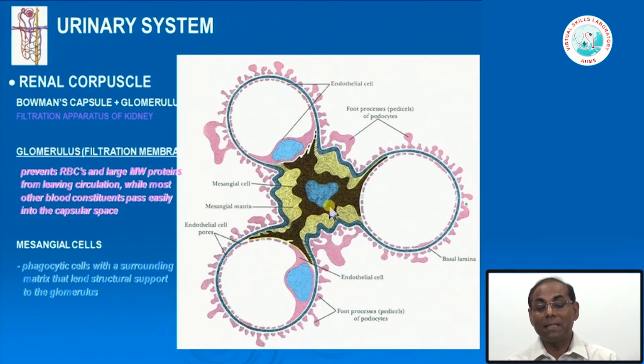In the mesangial areas, there are mesangial cells. These are actually modified phagocytic cells. And then there is matrix, the mesangial matrix. Normally, in one mesangial area, we can see up to 3 mesangial cells. If it is more than that, then it is abnormal. The function of the mesangial cells is obviously to create adequate structural strength so that the glomerular capillaries can remain intact, and the filtration function can be maintained.